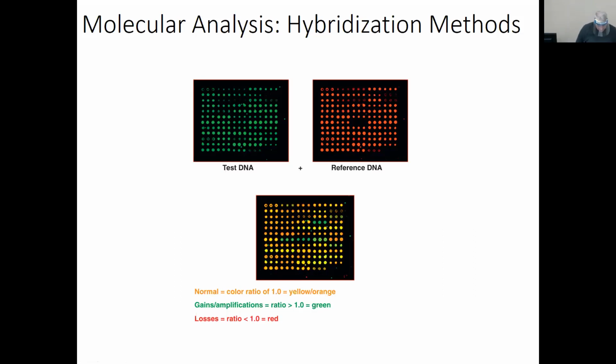So where do we use fluorescent in situ hybridization? We use fluorescence, but there's also a similar test known as CISH, C-I-S-H, and that uses chemiluminescence labeling instead of fluorescence labeling, and that allows you to use a regular microscope instead of a fluorescent microscope, and that's the only difference. So anytime you see ISH, that would be an in situ hybridization.